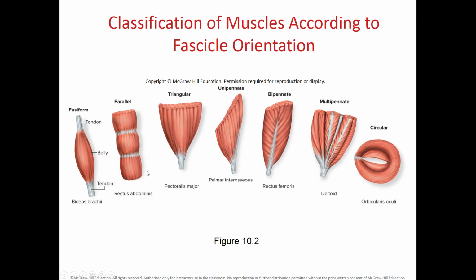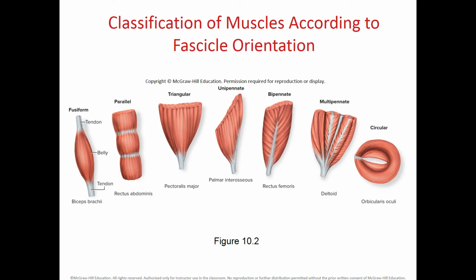Now, triangular muscles or convergent muscles are fan-shaped. They have a broad end, like this part in this case, and then they have an ending that is narrow. So these are muscles that have this feather shape or shaft. And we have the example of the pectoralis major, which is located in the anterior area of our thoracic area,